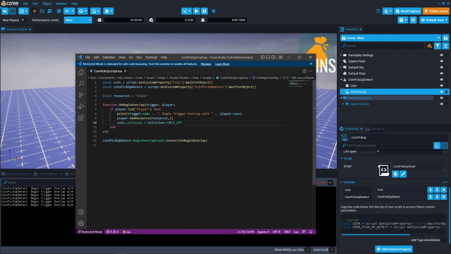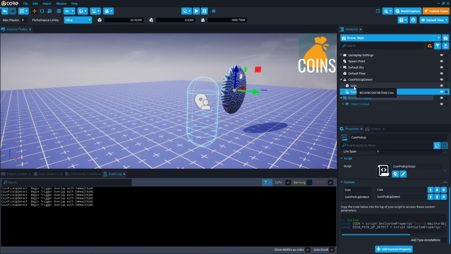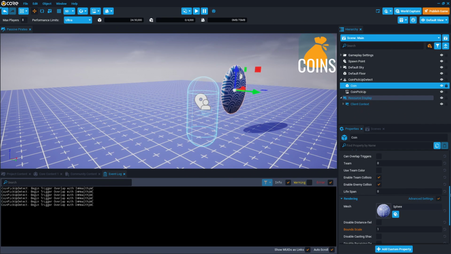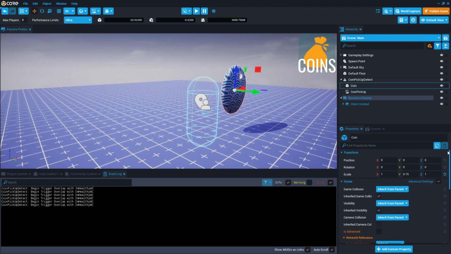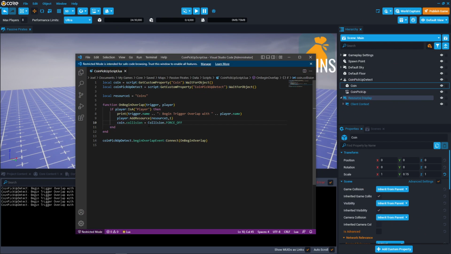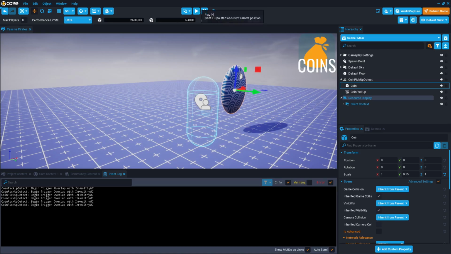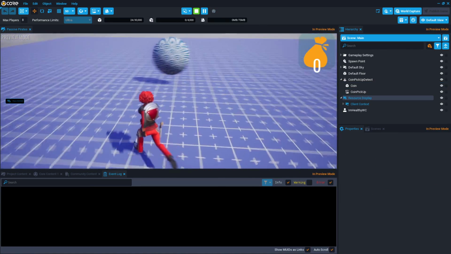Okay, so what did we just do? Right now, we're telling this script to say, hey, go to this coin and turn off its collision, right? And collision sounds pretty easy, right? If something, can you collide with this object? Yes or no? If you cannot collide with it, you go straight through it. If you can collide with it, you'll stop right at it. Humans can't walk through walls, but just think they're ineffective. Okay, so collision force off, and as soon as I touch it, it will go force off, and now I'll be able to walk through it again. So as soon as I enter the trigger,